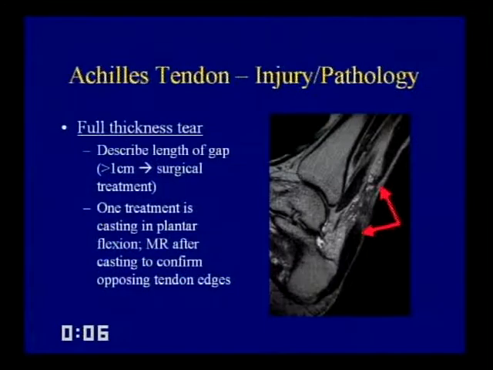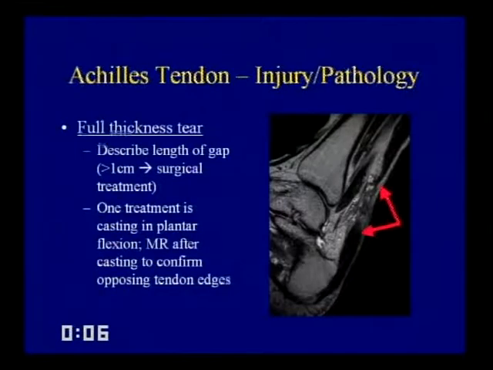A full thickness tear usually is not a problem clinically or on MRI, but what you want to be sure to do is describe the length of the gap. If it's greater than a centimeter, then these patients are usually going to go on and get surgery. But one treatment, if it's less than that, is to actually cast the patient in plantar flexion. And then your orthopedic surgeon might ask you to get an MRI after casting to see if the torn edges